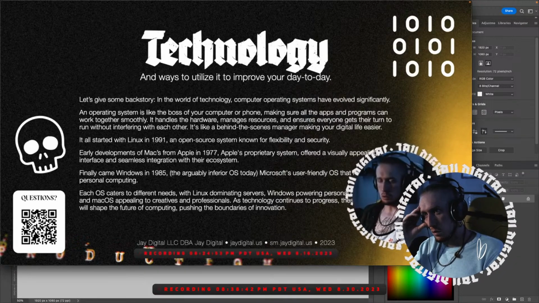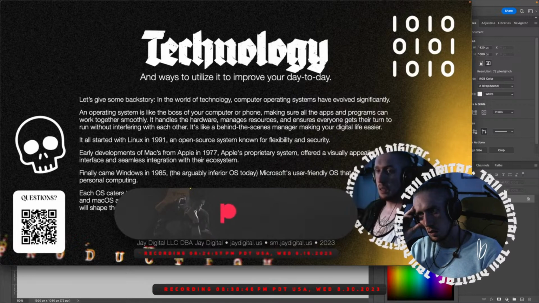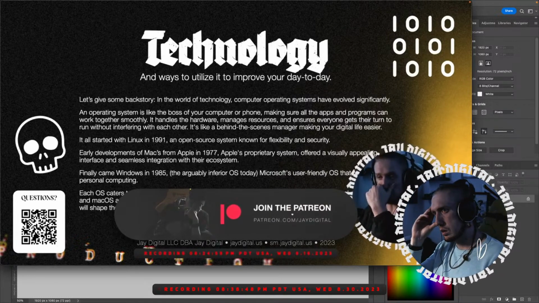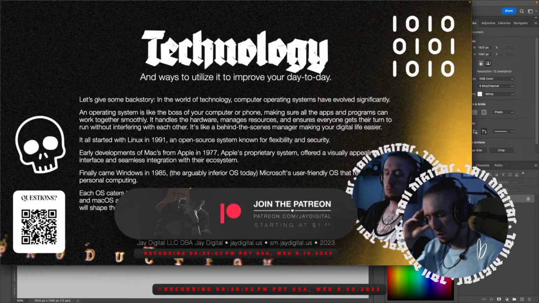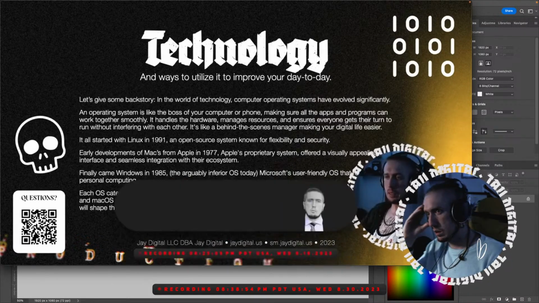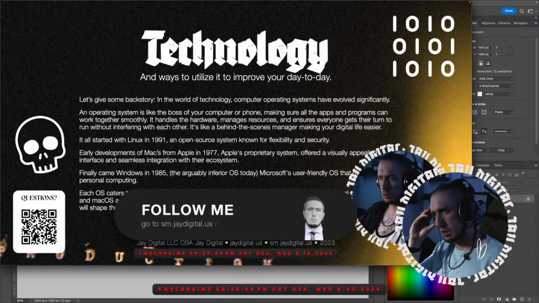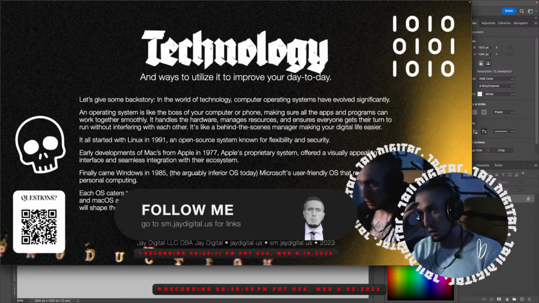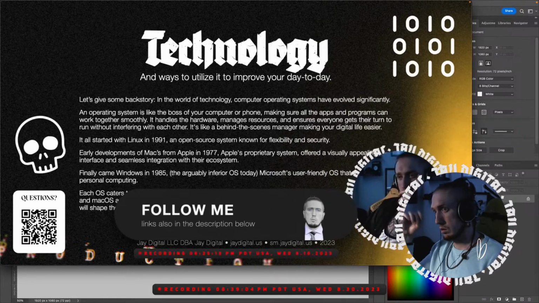Remember, personal computers, that's keyword, personal. And Mac OS appealing to creatives and professionals. Which, again, I feel like elevates it. But also, let's keep in mind that Windows you do mostly gaming on. So that also helps too.